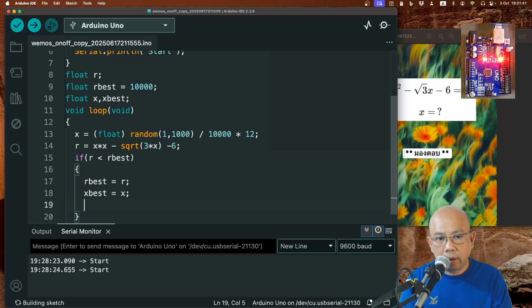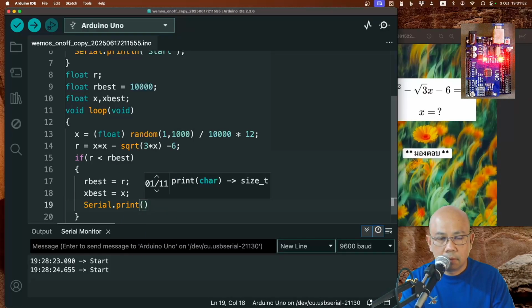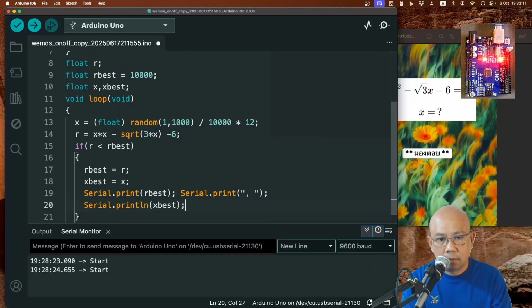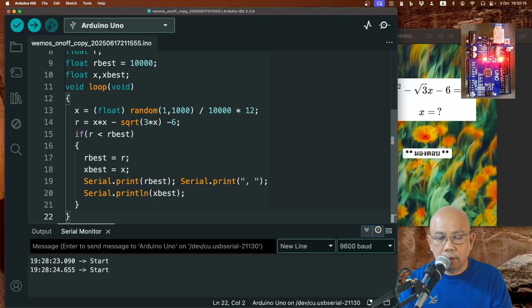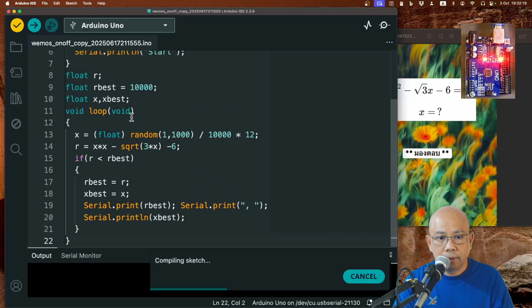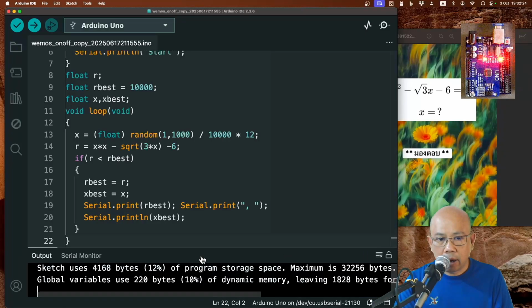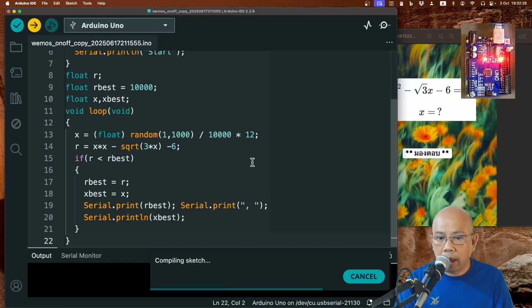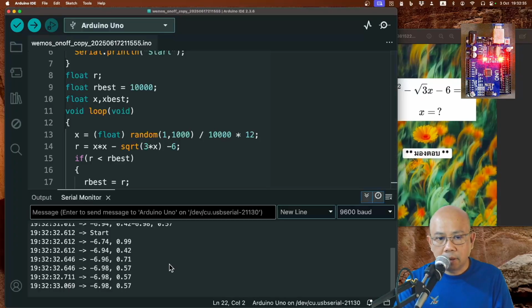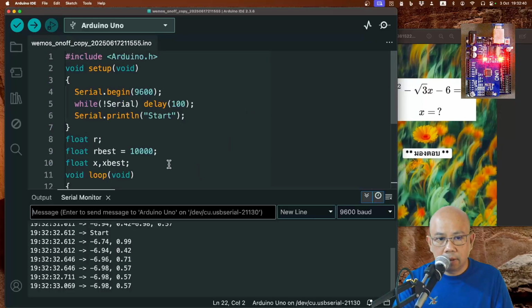Now we will print the output on the console on the serial communication. I think it is a code like this, and check the code compile. Okay, compile complete and program on the board. Now the program is loaded to the board. The output is